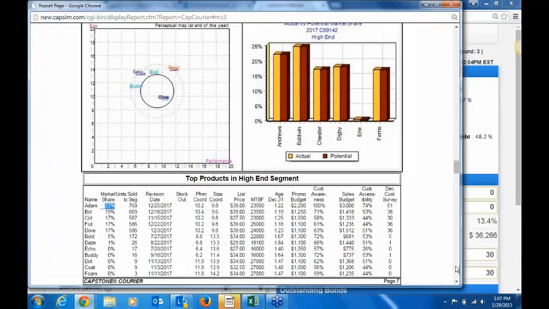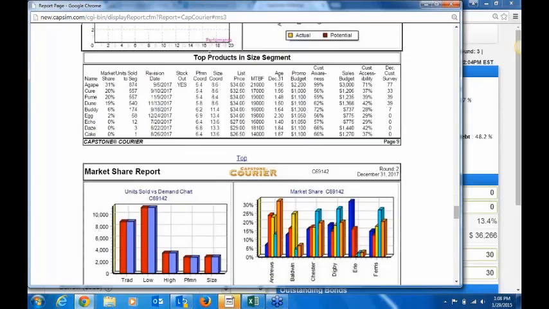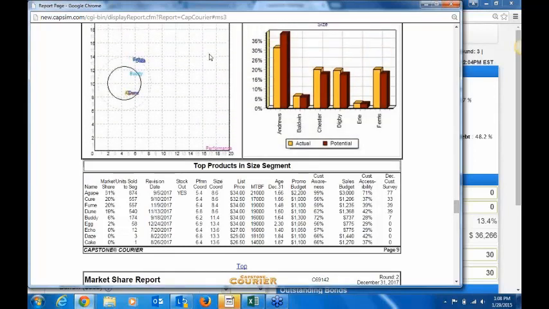Now, in some cases, if there were some stockouts in a segment, then I would not want to use my actual market share. Let me look to see if I can find an instance of a good product stocking out. Perfect. One of my products in the size segment, I ended up stocking out. I sold 874 units for 31% of the market. However, if you ever see a stockout, look at this chart, the actual versus potential. If those lines are uneven, that indicates either I sold more than I should have, or I should have sold more.